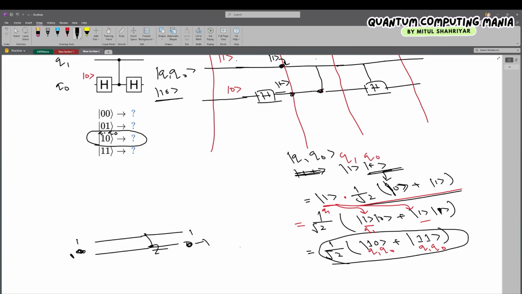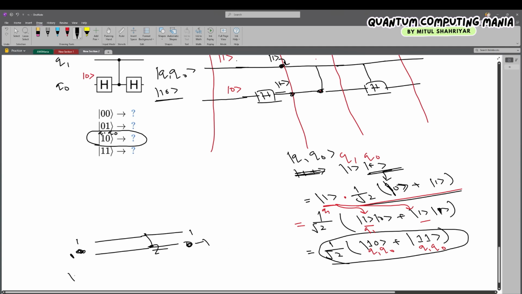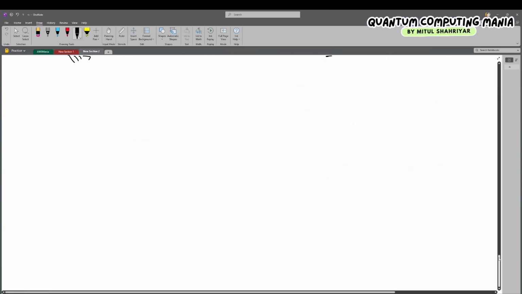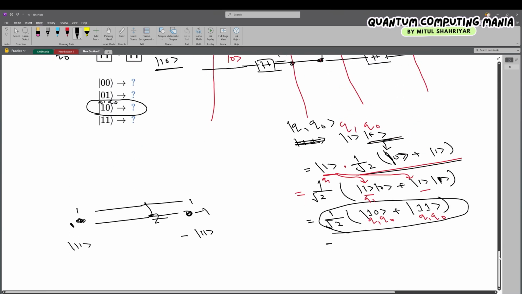And that is what we are going to get. For 1 1 we are going to get -1 1. So this is what happens. Now if you just pass it through this one, I just don't want to write this whole thing here, because this is actually the compact of these two, right? So we understand if we just pass it through this control Z, just to make you understand by this look,